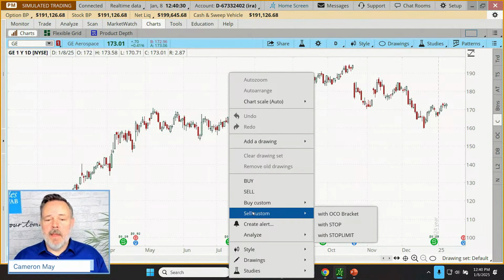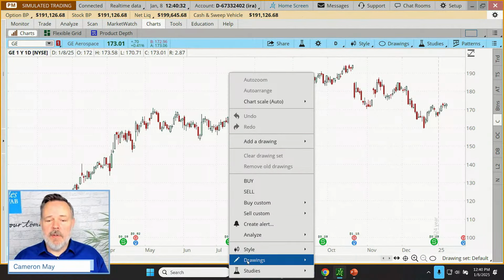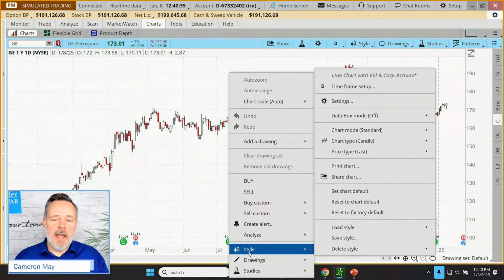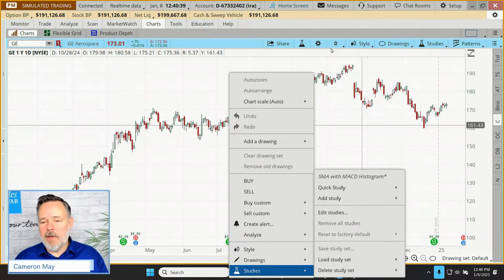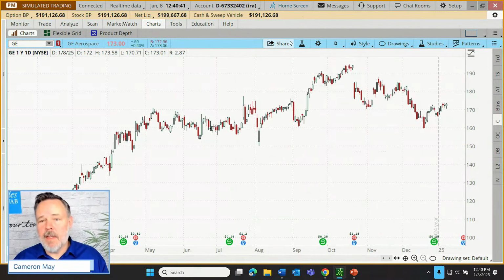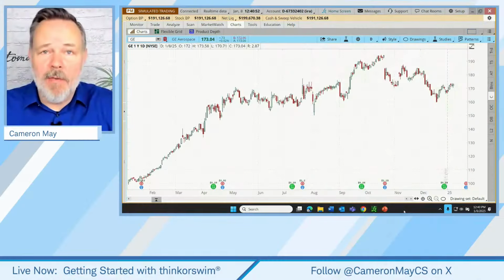We can throw this into what we call our Analyze tool. We can access studies. We can access our styles. All of that's available just with a right click. I don't need to go through all of that stuff again because I gave you the introduction through the other navigational portals. Guys, how's that for accomplishing a master guide to using Thinkorswim's powerful charts?